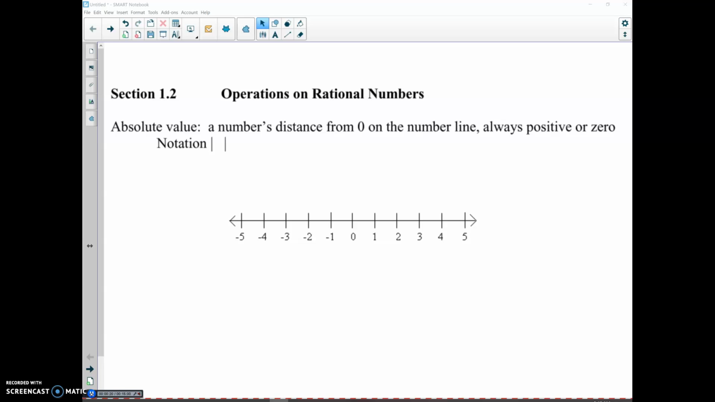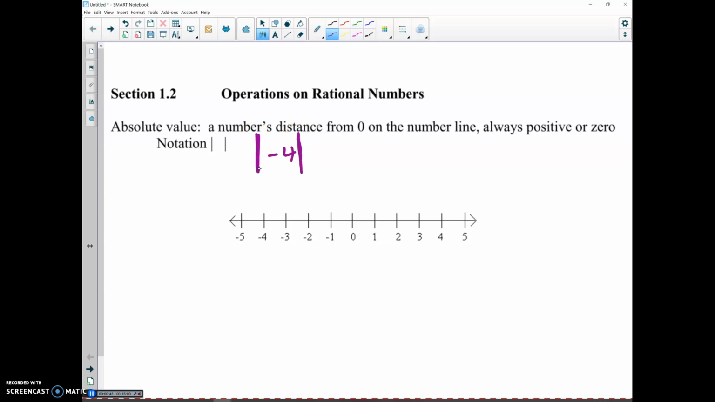The absolute value is a number's distance from zero. So absolute value is always positive. Does not mean that you are making things positive. Absolute value is distance. So for example, if you were asked to find the absolute value of -4, the symbol is these two vertical lines around what